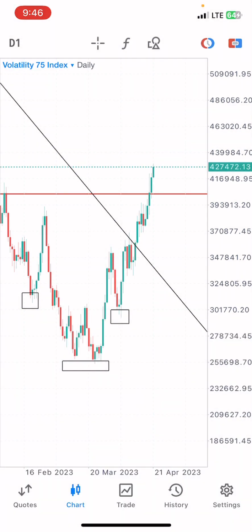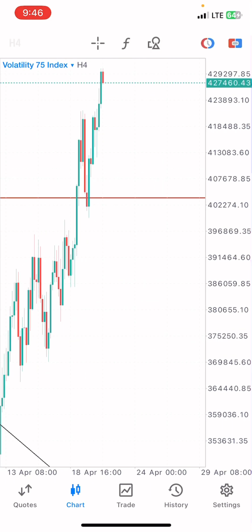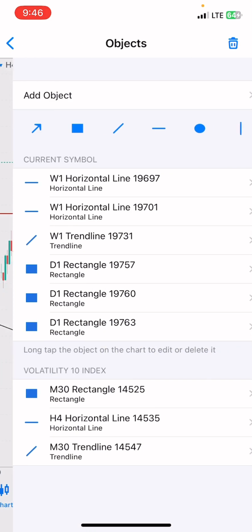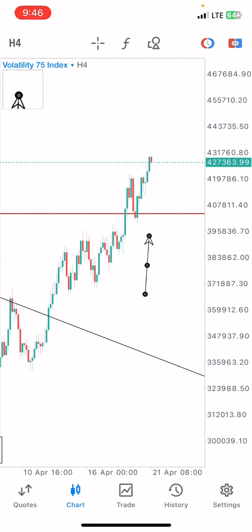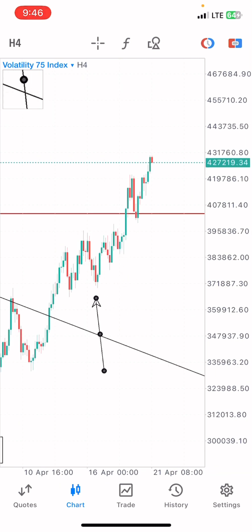So let's head on to the 4-hour time frame. In the 4-hour time frame, you can see that the market gave us a break and retest of this level. This break and retest is a nice approach in trading the 75 index, because I've come to understand, in the couple of times I've traded this index,